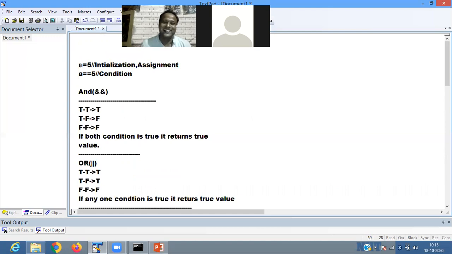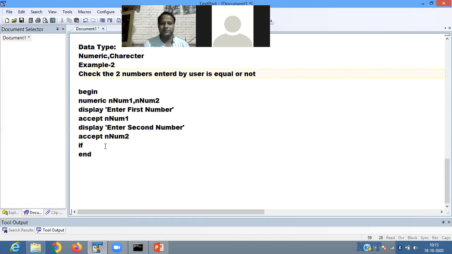Good. This one is used for checking a condition. Like if you write only a equals to b, it is called initialization. And if you write a double equals 5, it will check whether the a value is equal to 5 or not. So for that scenario we use if.